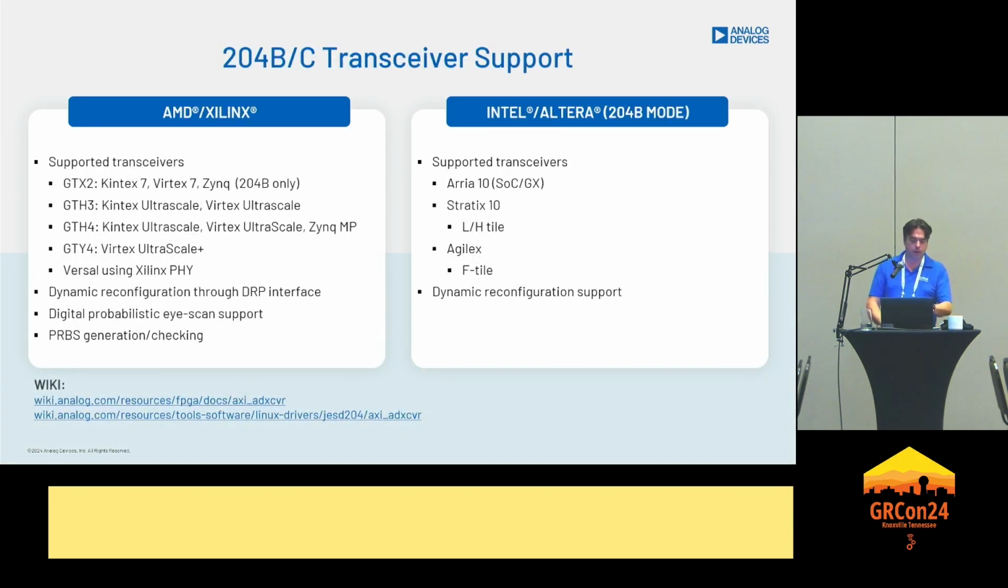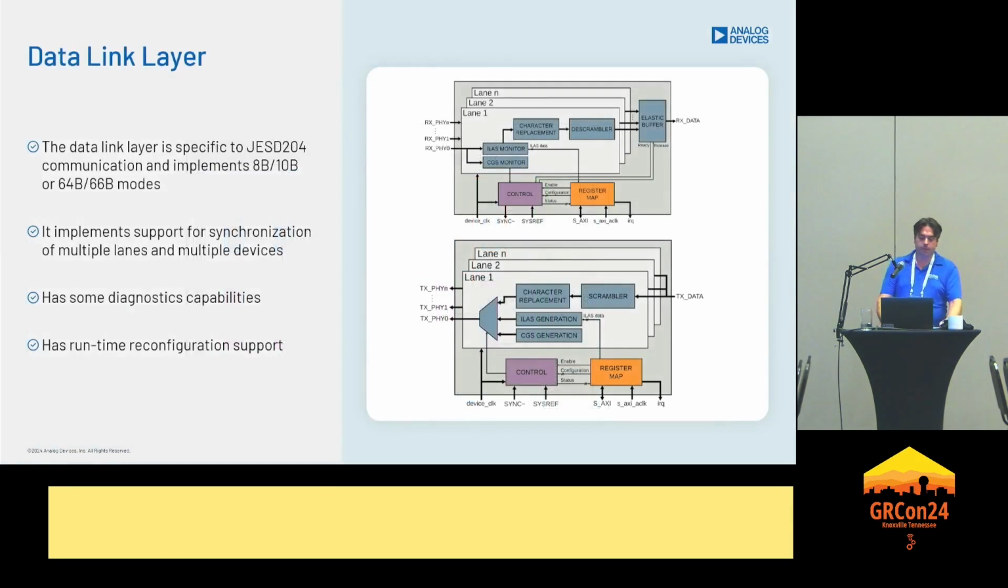The supported transceiver families can be found on that slide. So that's GTX, GTH, GTH3 and 4, GTY, GTM, and on the Intel side, Arria 10, Stratix 10, L-Tile, Agilex, and so on. And these transceiver families are really quite different, and we support them with a single IP and with a driver that handles them. The data link layer is specific to the JESD204 communication, implements 8B10B or 64B66B encoding, implements support